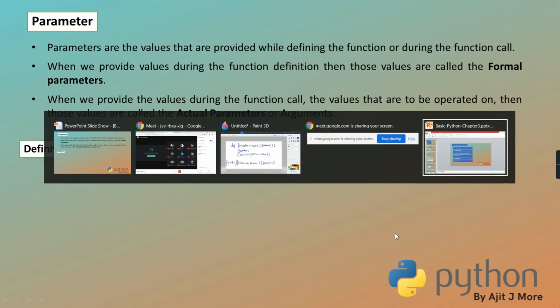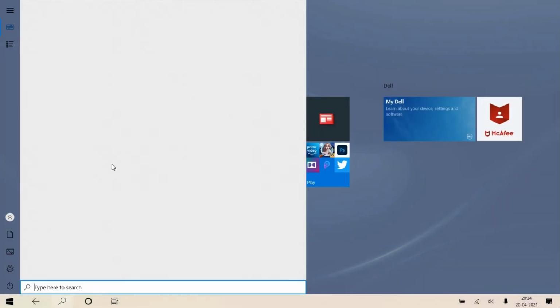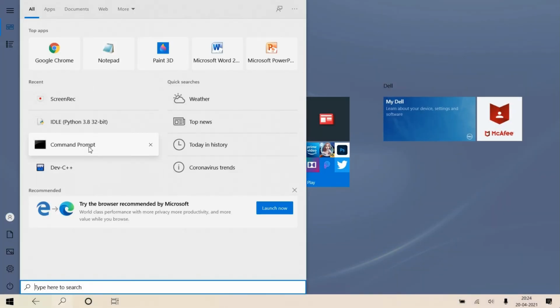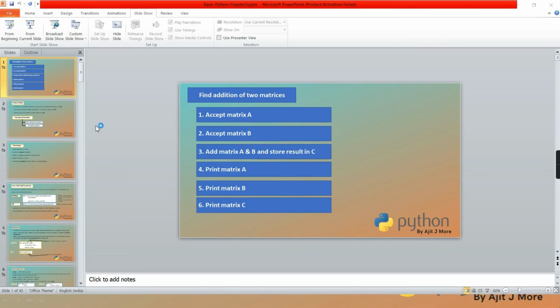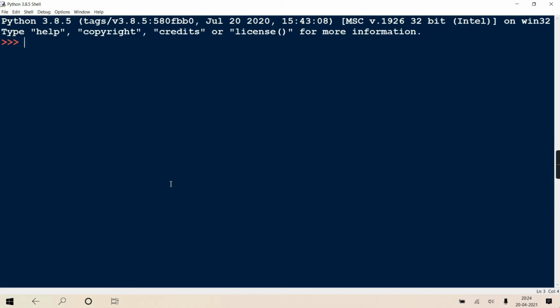Now I'll show you one simple example of a function, and you people just identify who is formal and who is actual. See, I'm defining one function add, and to that I'm passing two parameters x and y.